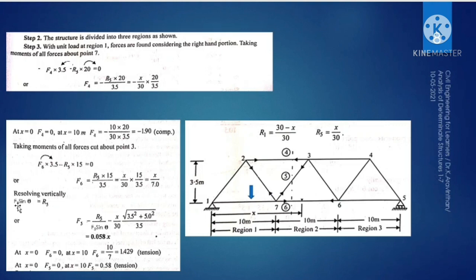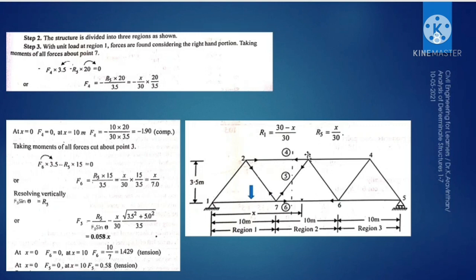If you want to find F5, you can bring the sin theta to the right hand side of this equation, and the sin theta will be opposite side by hypotenuse. So how to find the opposite side? If you are considering this as an inverted right angle triangle, you will be having the theta here. So the opposite side will be 3.5 meter. This is the height of the triangle, and this is the hypotenuse. How to find the hypotenuse? Root of adjacent side squared plus opposite side squared.